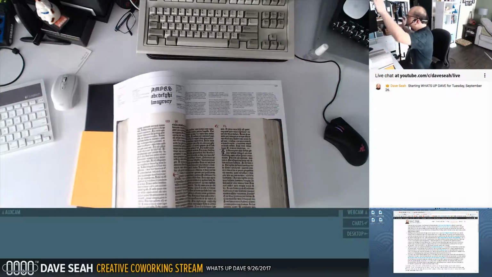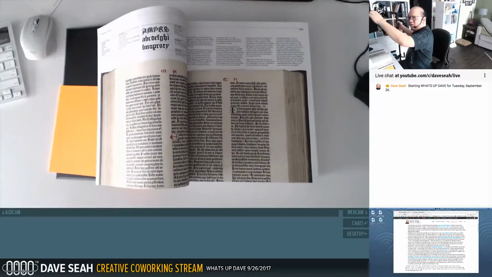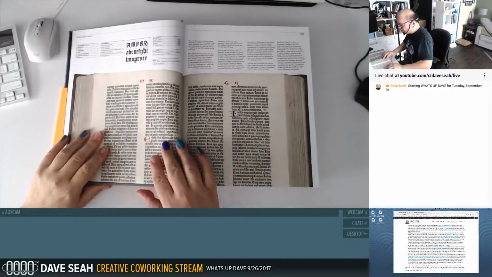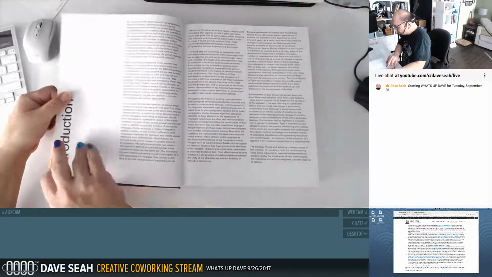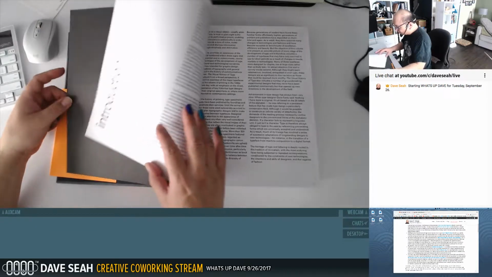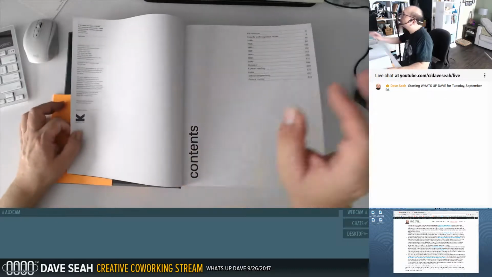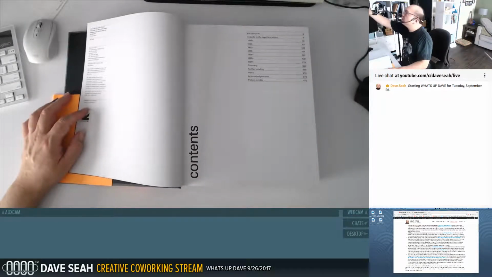So let's take a look at this book and see what we've got in here. What I found appealing about reading about it was that it's gorgeously designed. It wasn't a cheap book, but this is one of those canonical reference books, I think, that I'll need. Let me see if I can get some more light on this.